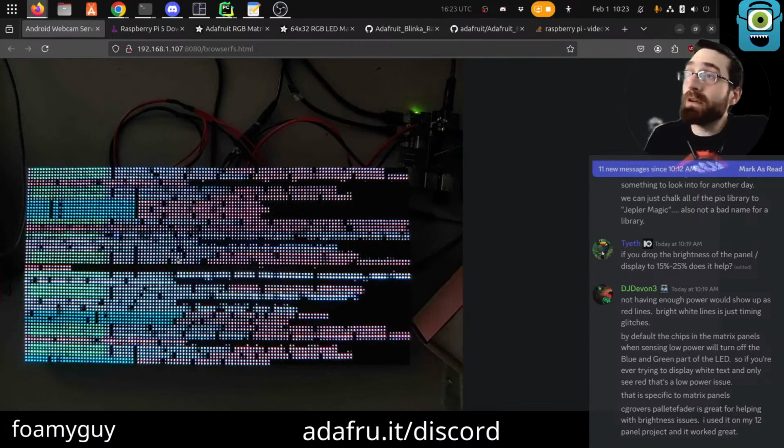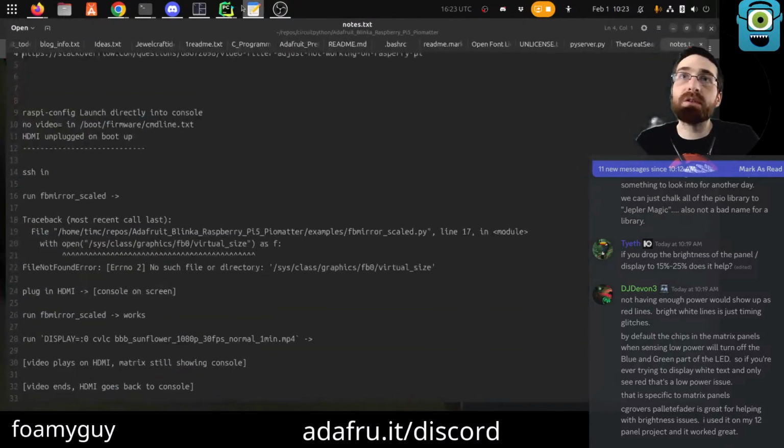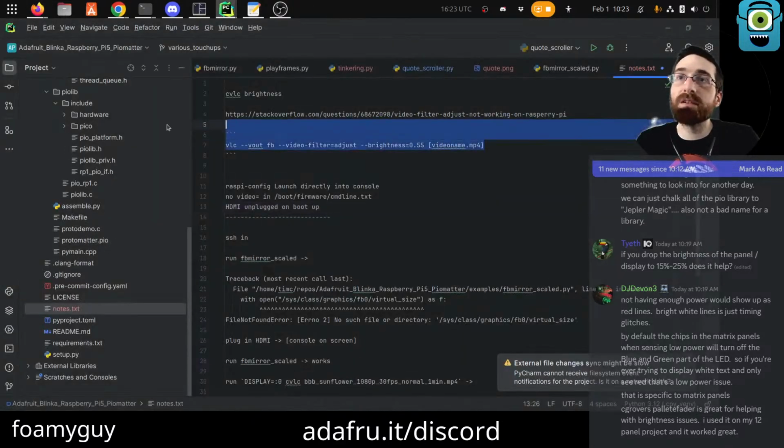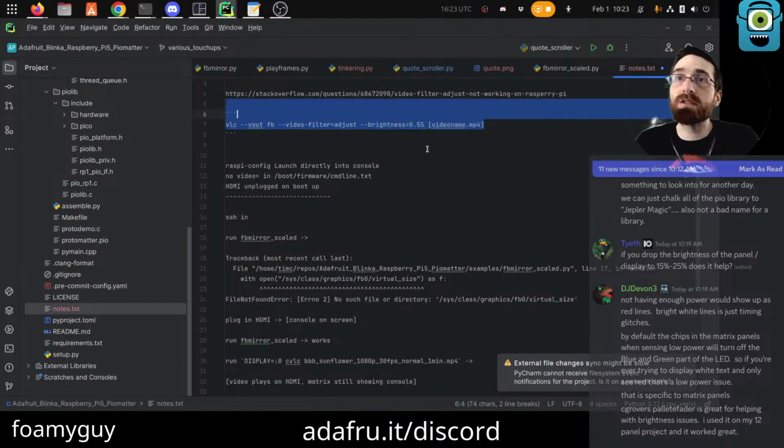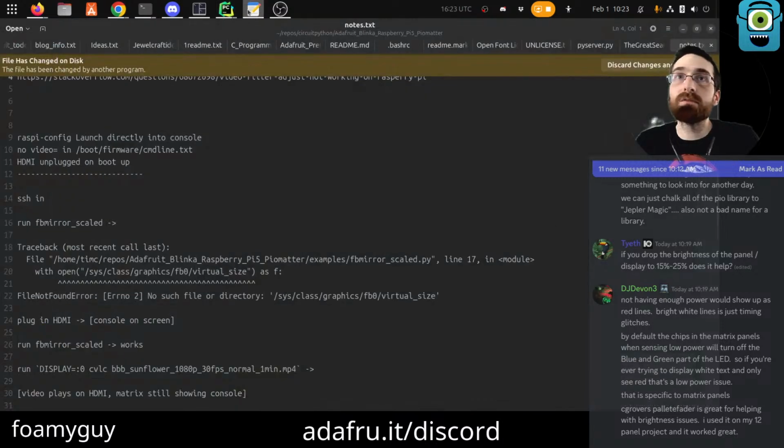So the thing is, this is not CircuitPython code necessarily. And VLC, through this command that I just wrote here, VLC does let us manipulate the brightness, which is actually super nice. I have written down as well. I should copy this into the other one, but I guess I'm not going to check it into the repo, so.